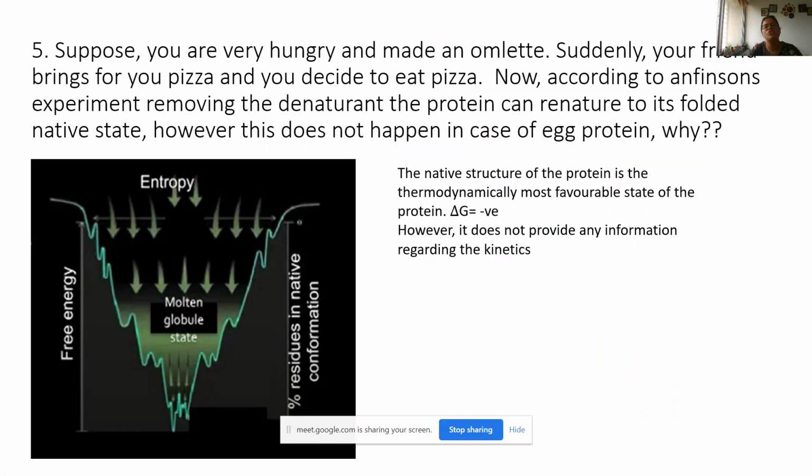The formation of egg protein again from a denatured egg is not possible because the delta G value will not tell you how fast a reaction will occur. Delta G will only tell you that this particular state is spontaneously and thermodynamically possible. Okay. So this is just a fun question which I kept to make you aware that